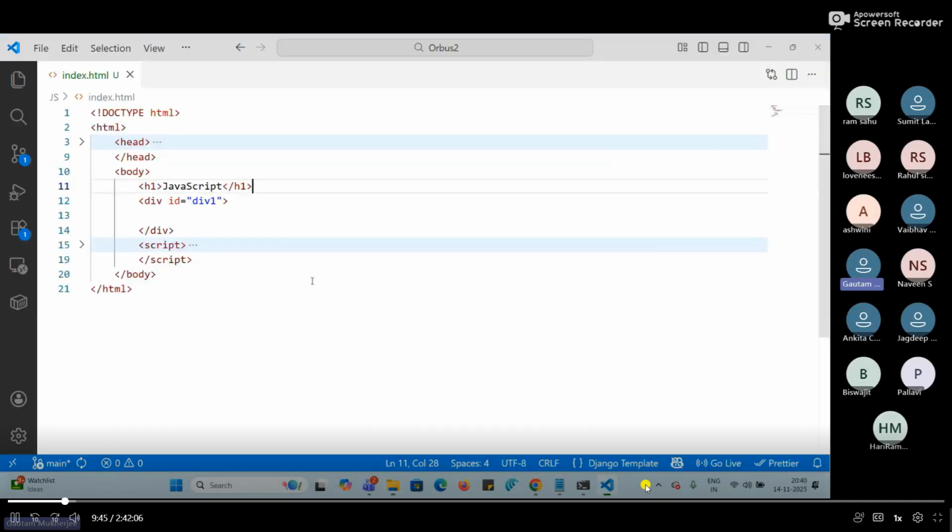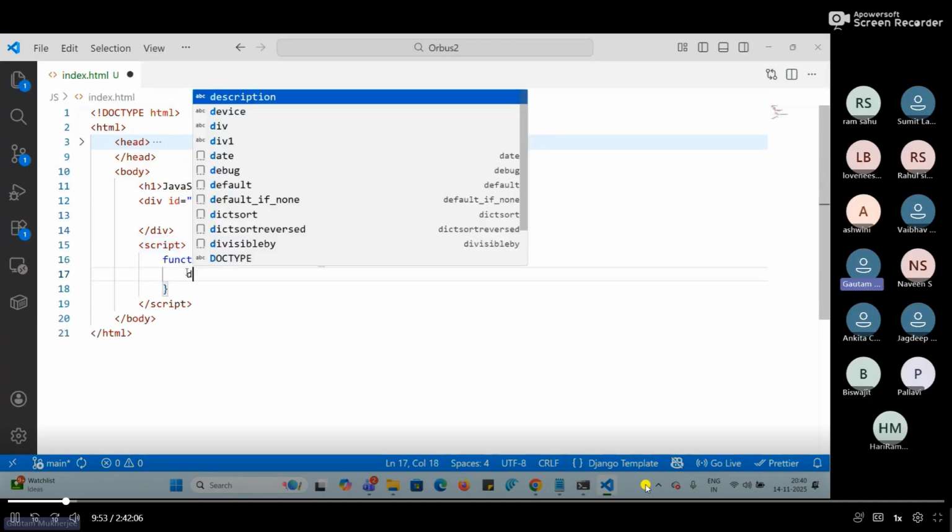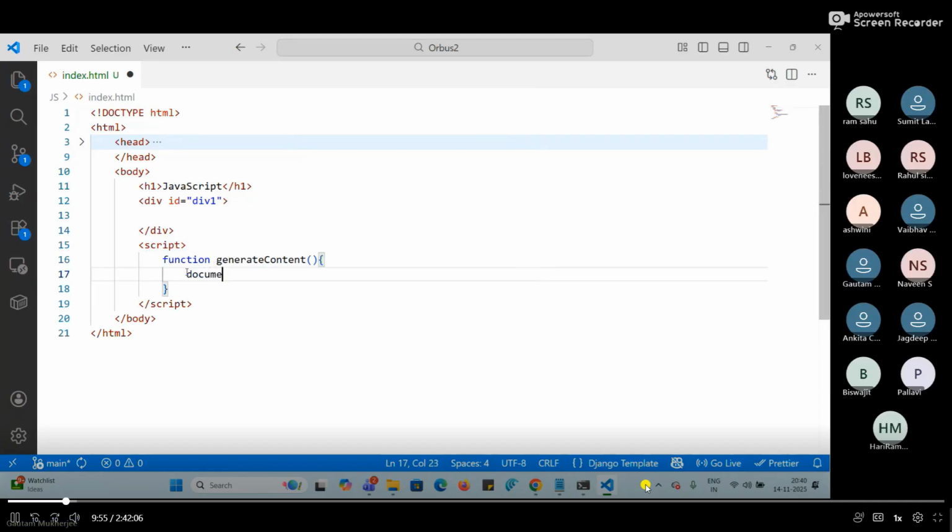In my code, let's open the function, and here I will write document dot. Inside my document, there is a div whose ID is div1. So I can write here document dot